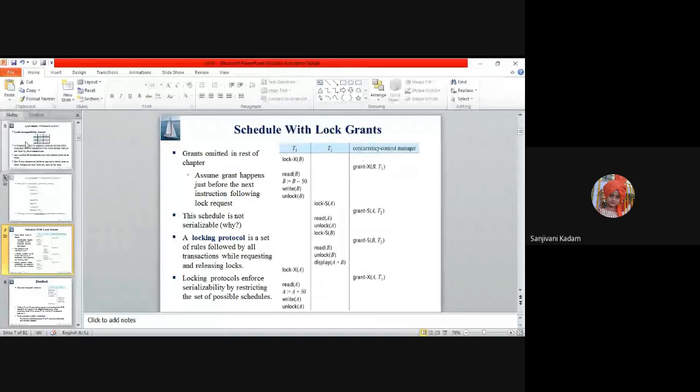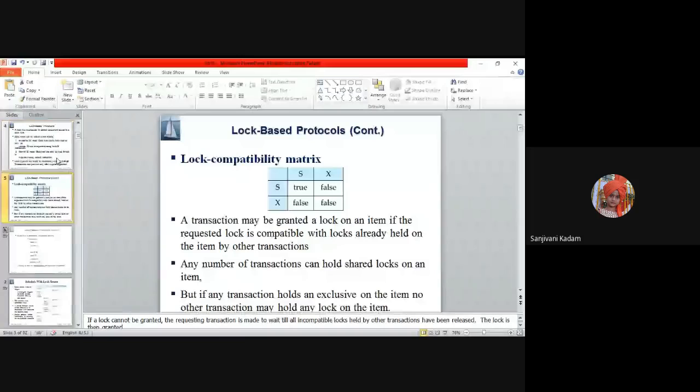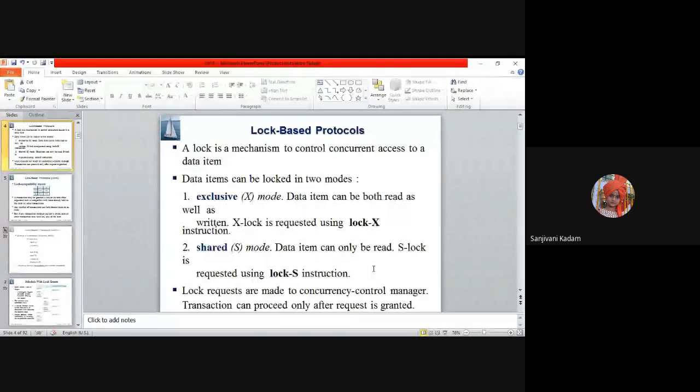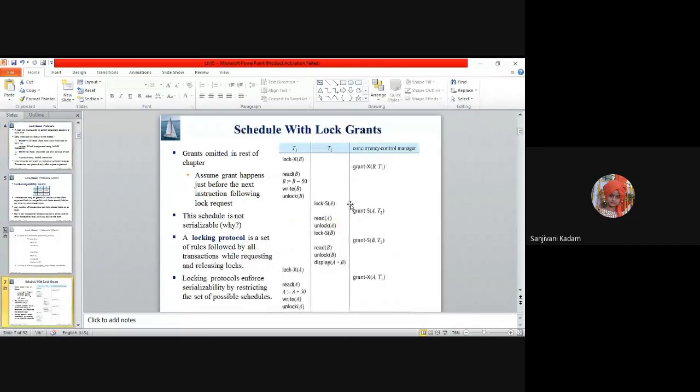So here we discussed locking the data item. Locking means using that data item for the transaction. Then multiple transactions execute independently. So it means there should be another special unit which coordinates with all the transactions and decides whether to lock that request or not. For this purpose, we have this program as a concurrency control manager. It is responsible for granting, that is allowing the lock or not allowing the lock, that is, whether to allow access to the data item or not.